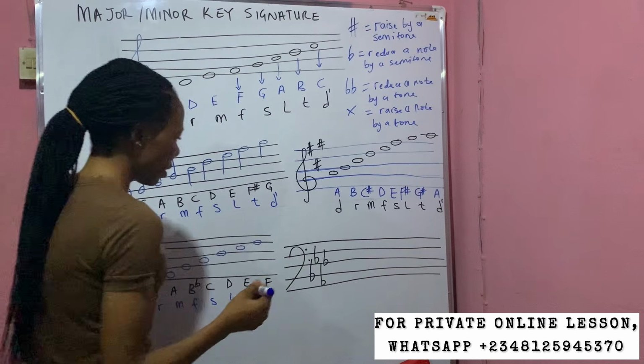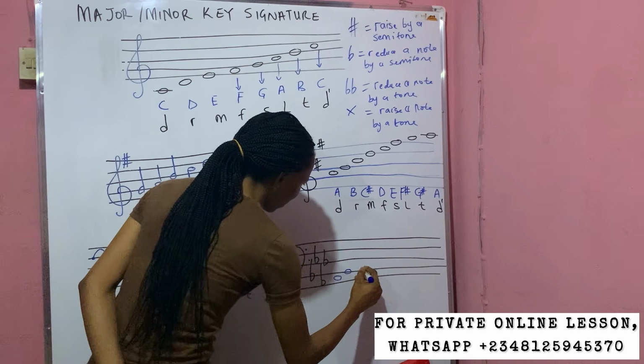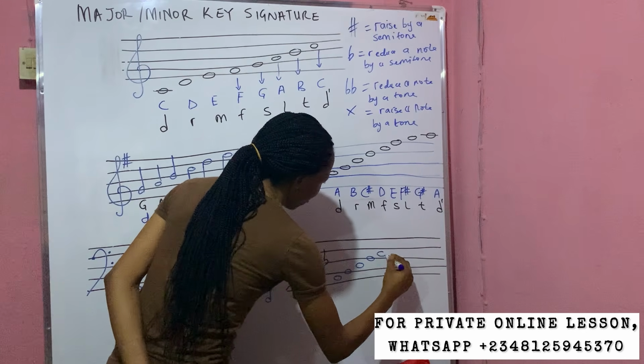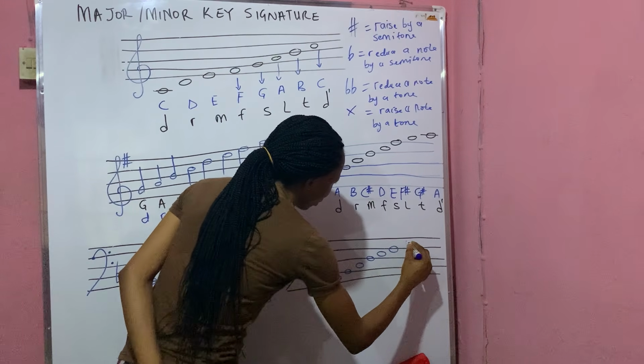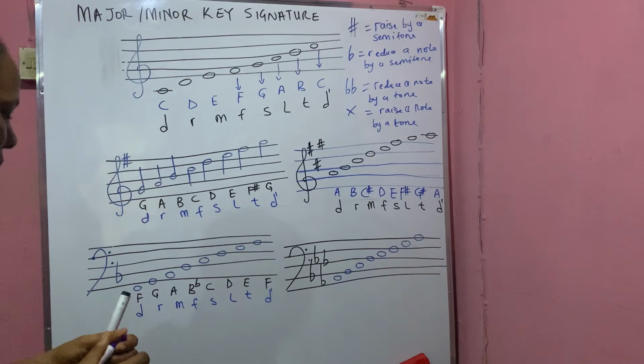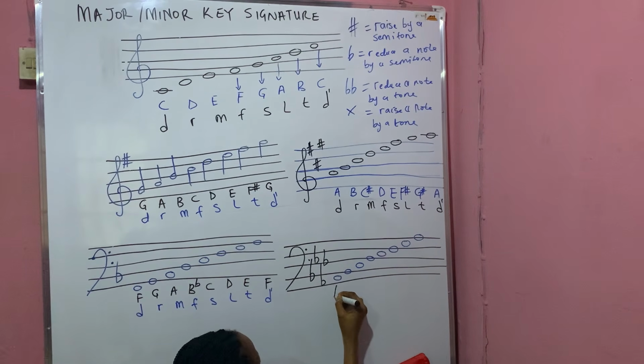So now this is A flat, which will be A flat, B flat, C, D flat, E flat, F, G, and A. Now this A flat consists of, this is A flat,